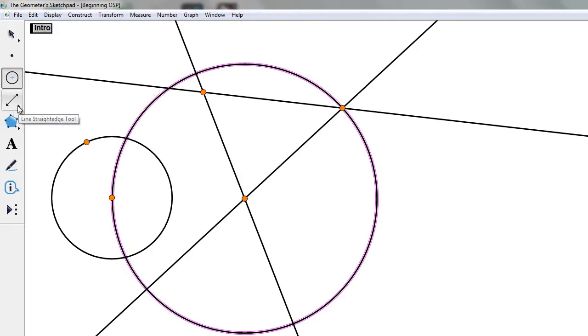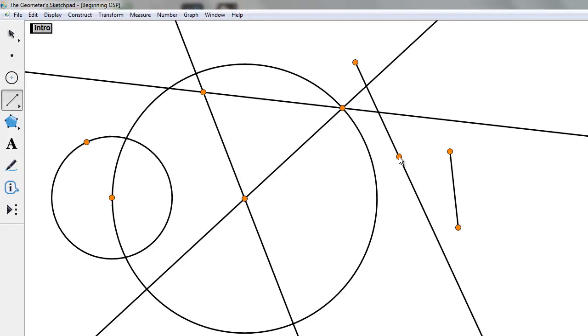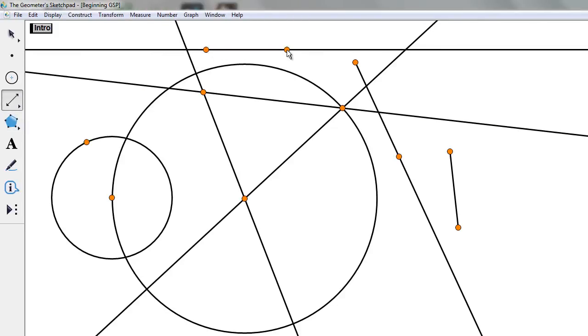In terms of the lines, these little arrows here give us more than one possibility. So if we're interested in a line segment between 2 points, we could do that one. If we want a ray between 2 points, we can do something like this. If we want a line, then we just get a 2-sided line like that.